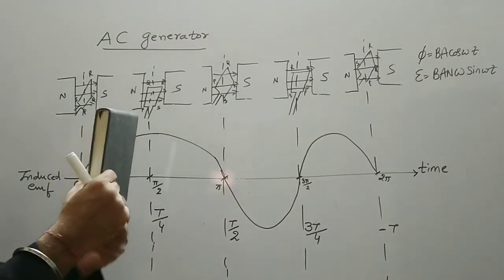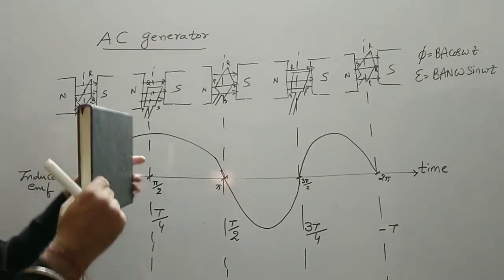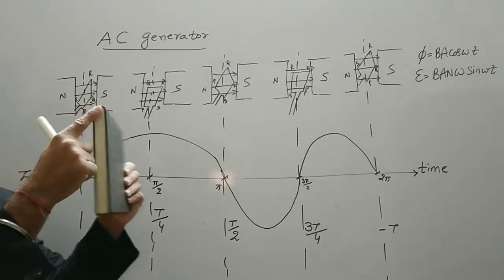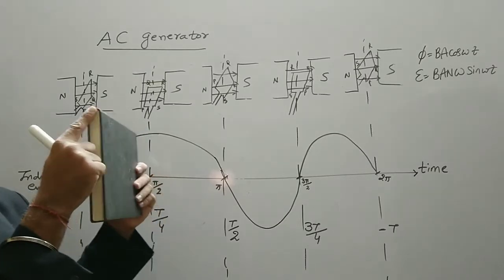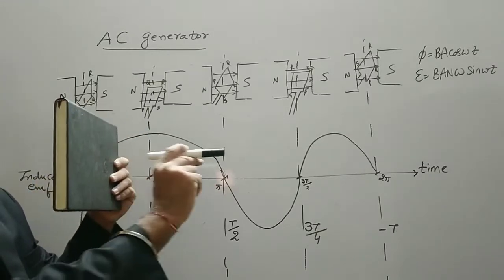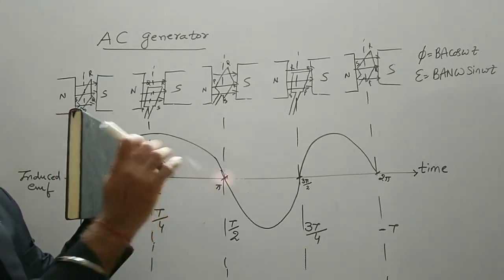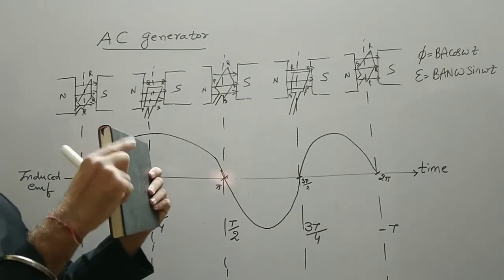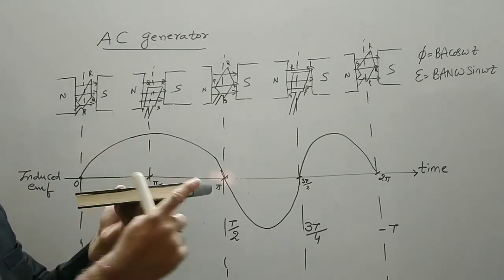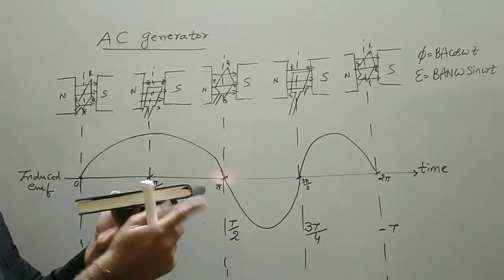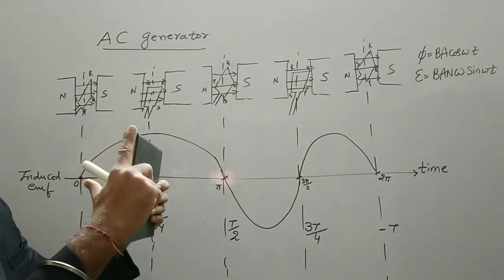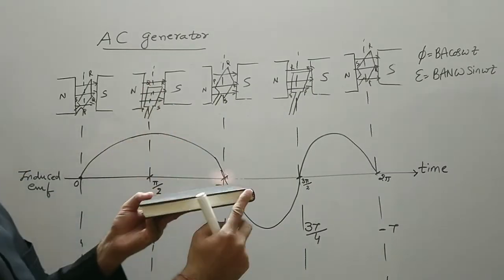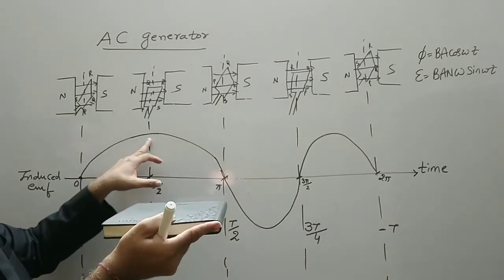So initially we keep a coil. Again we check this. This end is P, this is S. Initially the EMF is 0. This is the maximum flux. See, the angle is 0. This is your area vector and magnetic field. So cos 0 is maximum. Then we rotate like this. This is your P point. This is 90 degrees. This is your S point. So at 90 degrees, the EMF becomes maximum.